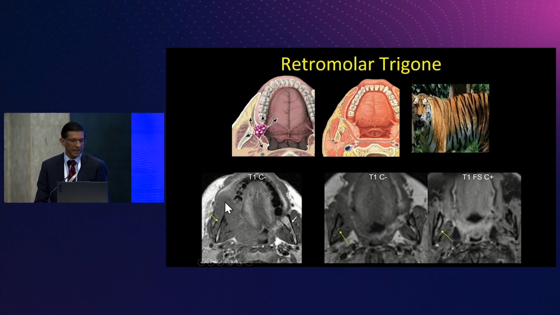This is an obvious case of a retromolar trigone carcinoma that's eroded the ramus of the mandible. See how the fat's gone on the right compared to the left? See the white right here? See this fat right here? See how this is all obliterated? So that was pretty obvious clinically. This, on the other hand, was a retromolar trigone carcinoma. And when we do a T1 weighted image with fat suppression, with gadolinium, see how much this is enhancing compared to the opposite side?